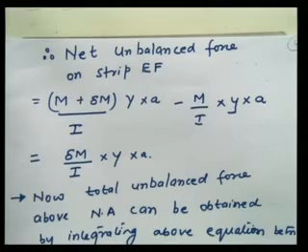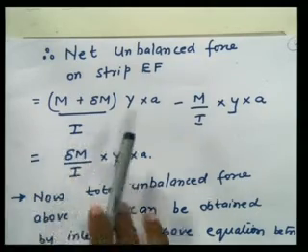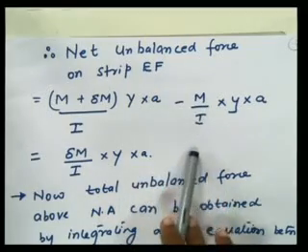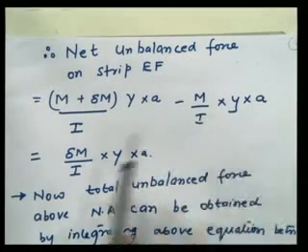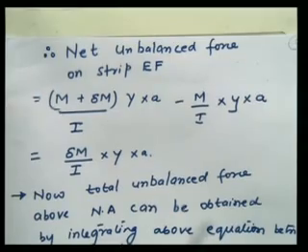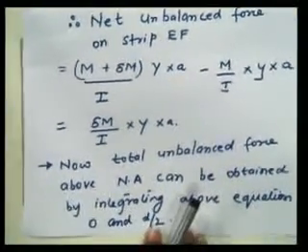Therefore, the net unbalanced force acting along the strip EF will be (M plus delta M) upon I into Y into A minus M upon I into Y into A. So the unbalanced force that we are going to get will be delta M upon I into Y into A. Now this total unbalanced force above the neutral axis can be obtained by